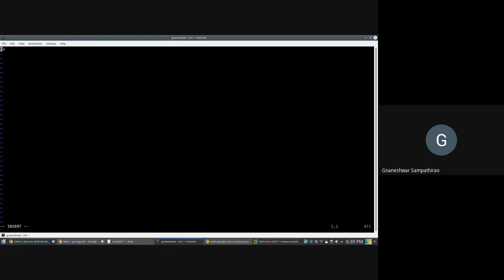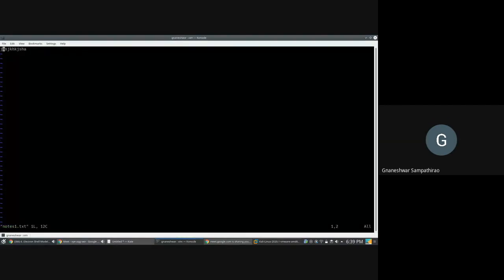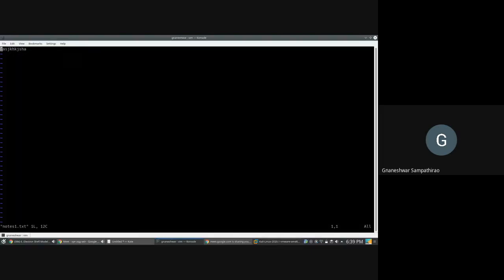Like, if there is already some text and you are newly opening that text file, you can't actually change any text just by opening the file and using backspace. You need to move yourself into insert mode, and then if you use backspace, you will be able to do some modifications.